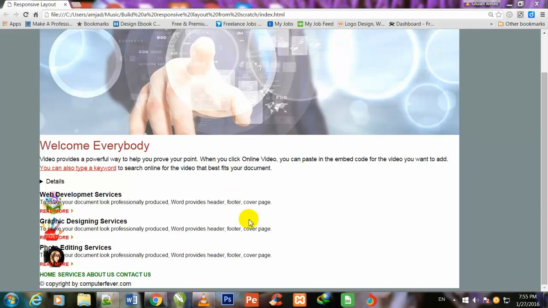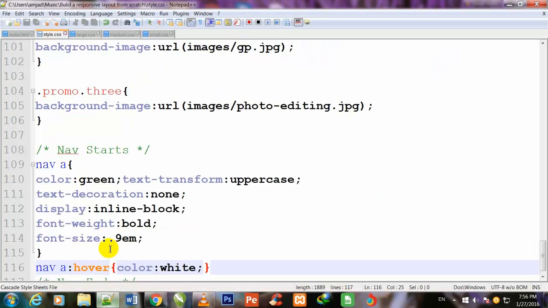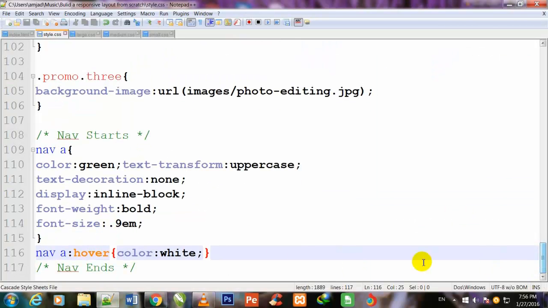Welcome back, friends. The previous video was stopped for some reason, and now I will begin this video from where it was stopped. So I refresh this page and bring my cursor over these navigation links. You see that they are removed when I bring my cursor over them, because I have given the nav a column hover color white. So friend, now I have stylized the navigation,